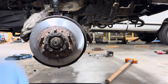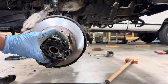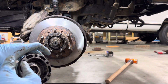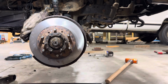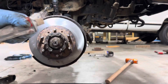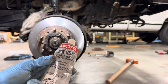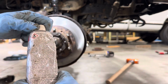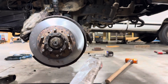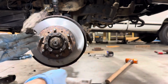Okay. Now we are going to go ahead and get our gasket maker, and I'm gonna put it on my finger. I'm just gonna do a nice thin layer around the outside of this. Oh, let me get comfy here. I used Loctite Mr. GS2 gasket sealer because it stays pliable, and it's also oil and grease and fuel resistant and everything. So what I'm going to do is just a little bit on my finger,